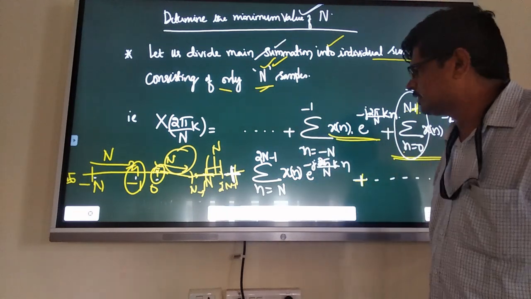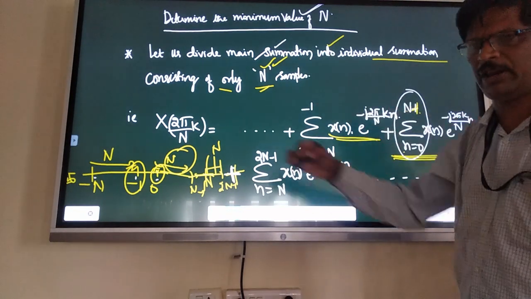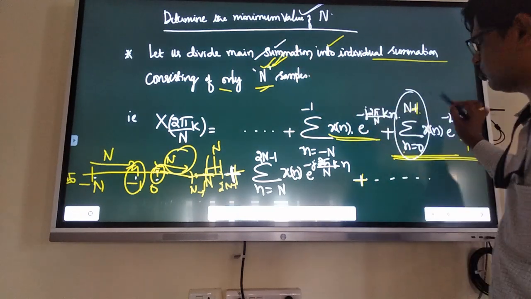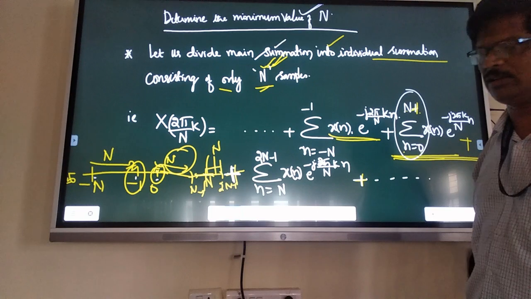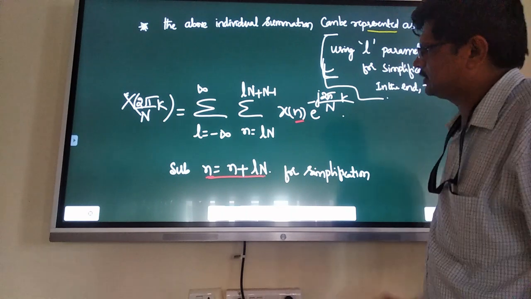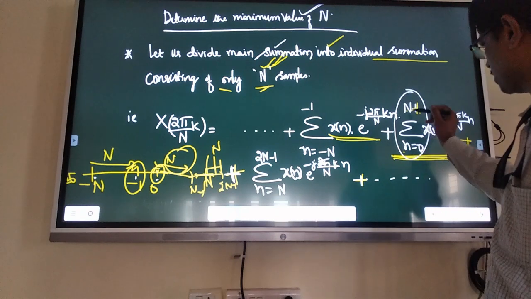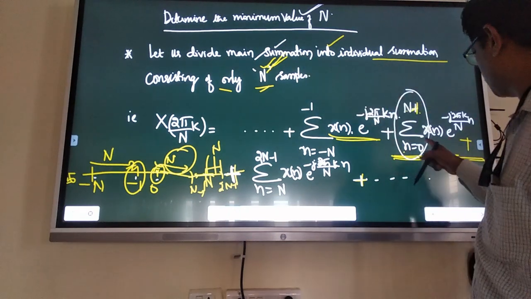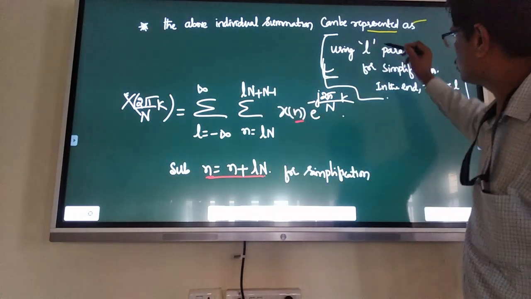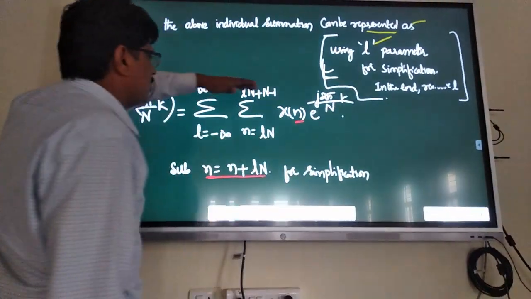Very, very important. Next, let me consider the 0 to n minus 1 second expression. Let me introduce one n parameter. Let me get the derivations with n samples and let me remove that assumed n parameter later. That's what I am going to do, maths. For example, the above individual summations can be represented as, let me take the second summation, this one. Let me leave this 0 to n minus 1 because n samples I want. Let me take this. What do I do? Take individual samples, the second summation, and use the L parameter. Summations like this. The second summation, which consists and include